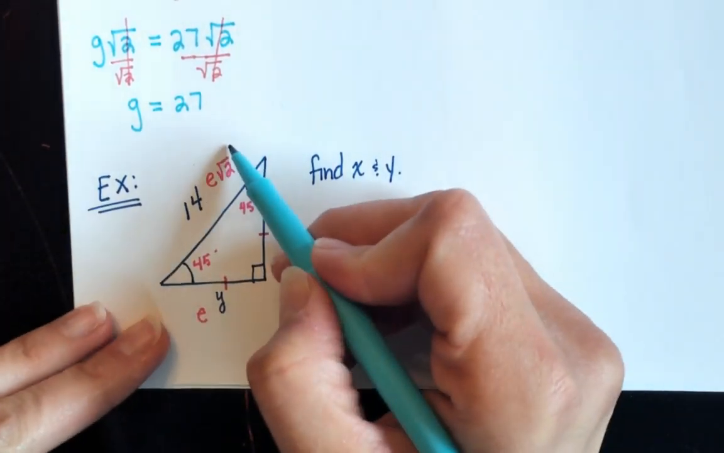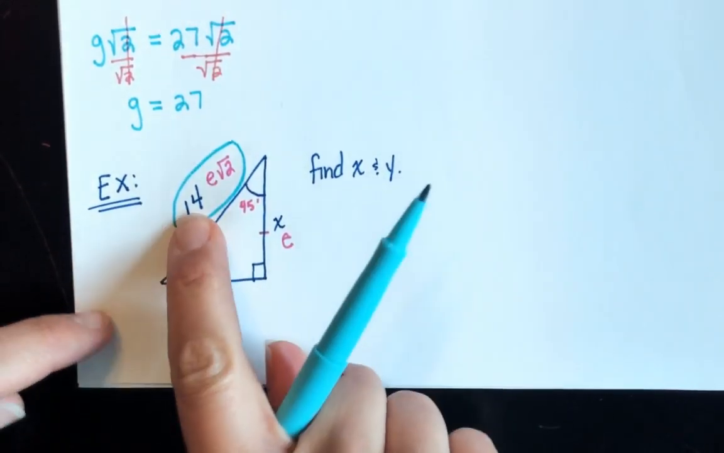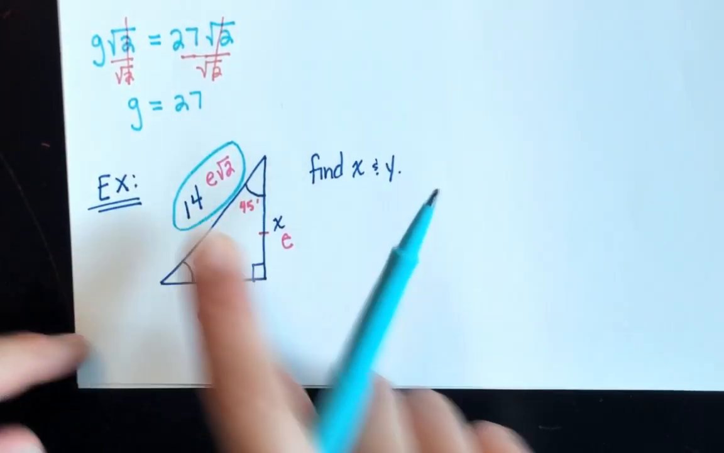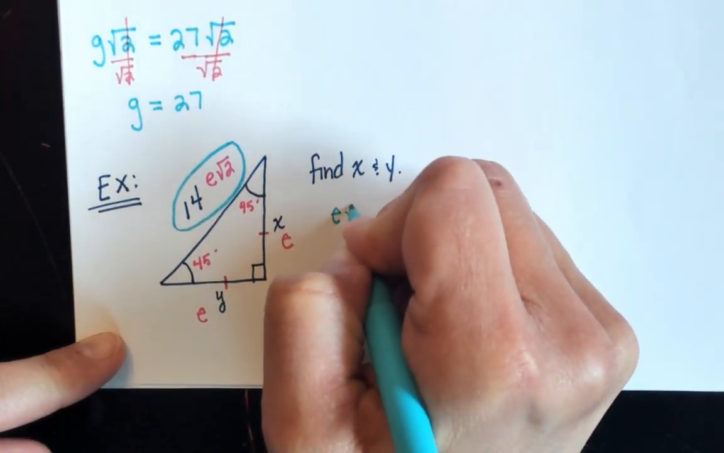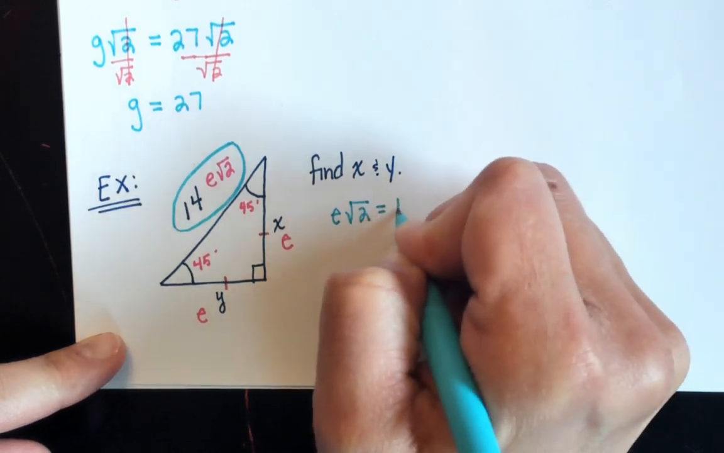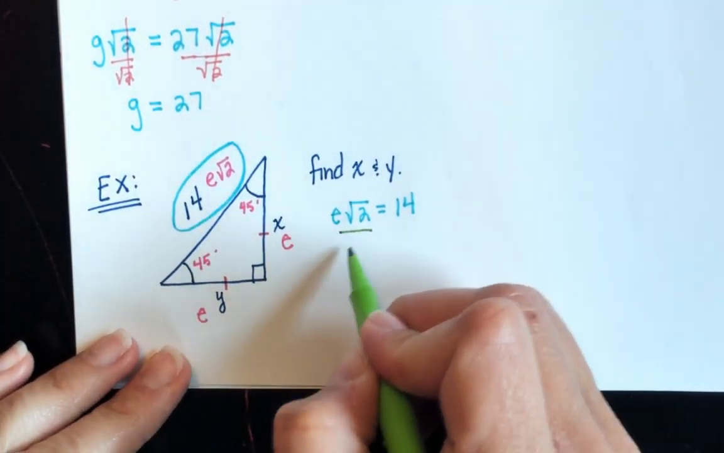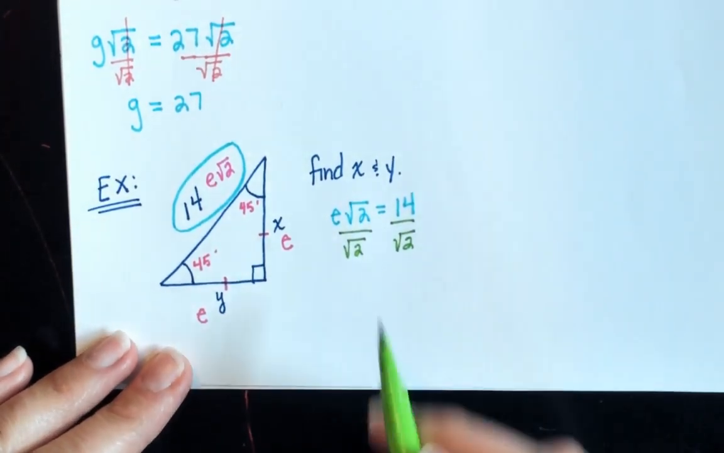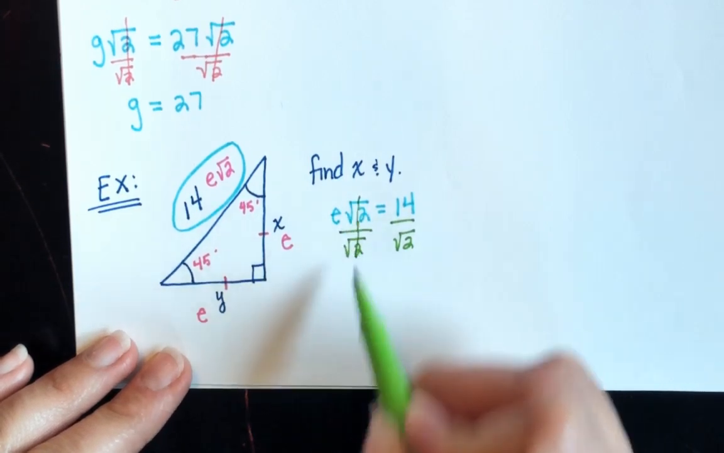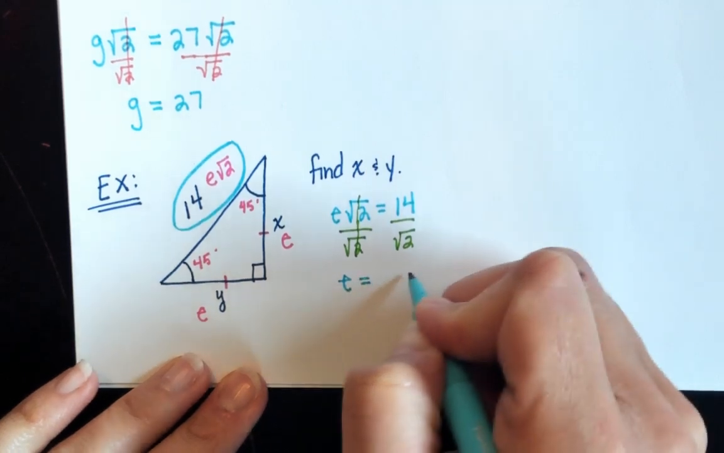And, of course, just like all the rest of them, we find the side that has our formula and our actual value, the known number. We're going to set them equal to each other. I'm running out of room down here, so let's do e radical 2 equals 14. We need to get e by itself, so we're going to divide the radical 2 away. We know it's going to cancel on this side, and we end up with e equals